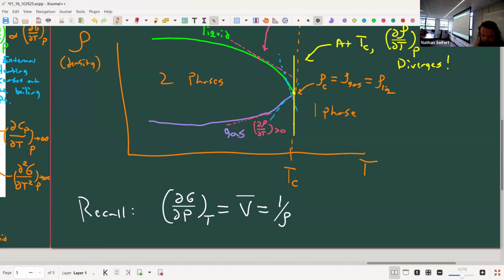And we're interested in the derivative of density. And so that means that the derivative of density with respect to temperature,